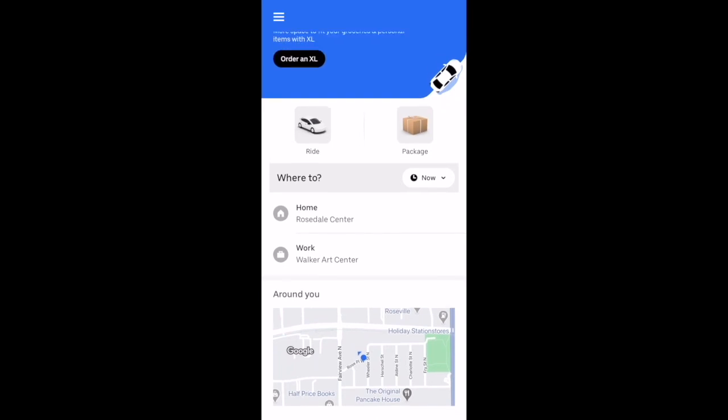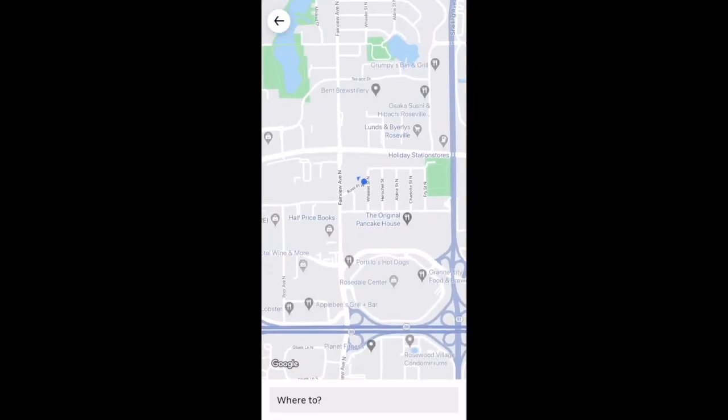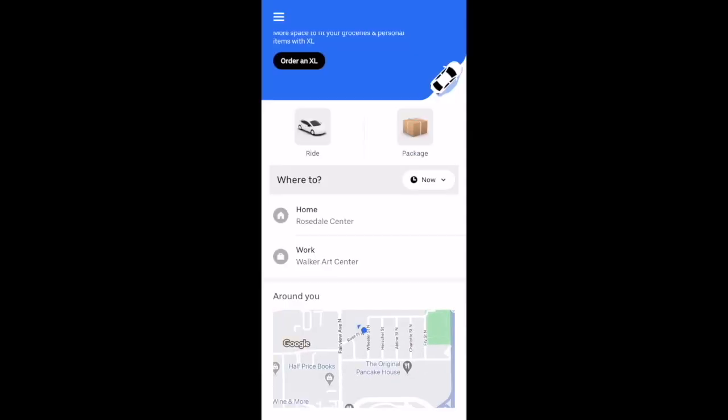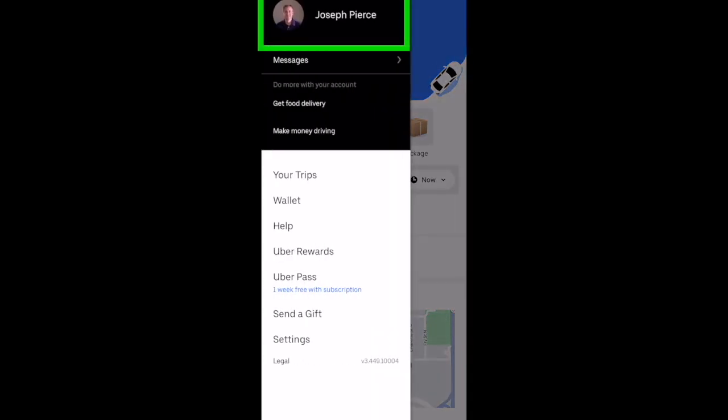And if we scroll down and we select the map, you'll see your location, which is that blue dot in the middle of the screen, and then at the bottom there's that Where To box again. Go back. Now if we select that clipboard icon in the top left, and then if you select your name